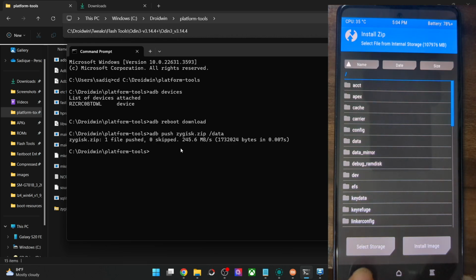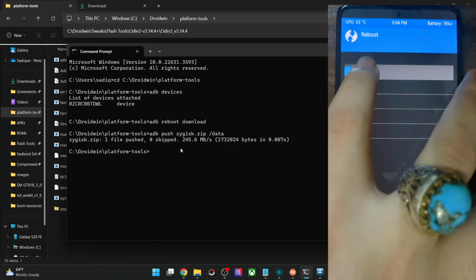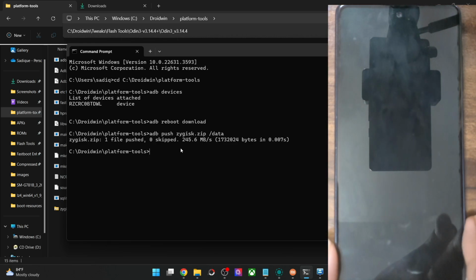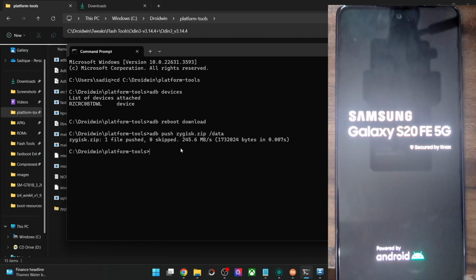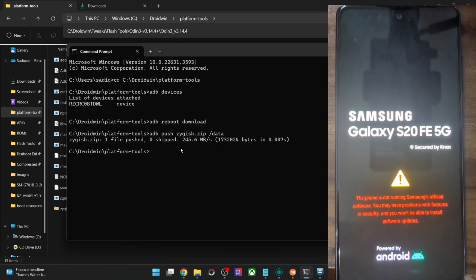Once you are done with the task, you will simply go to reboot and tap on system, and your phone will now reboot to the OS. Let me show you that as well. Do keep in mind that the first boot up will take some additional time. That is completely normal and nothing to worry about. From the subsequent time, that will not be the case. Moreover, if you have done a format data for removing encryption, then your phone will take even longer to boot up. That is again nothing to worry about, and it's all well and good.